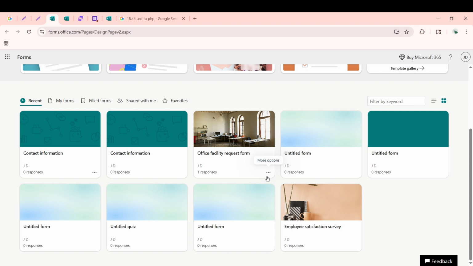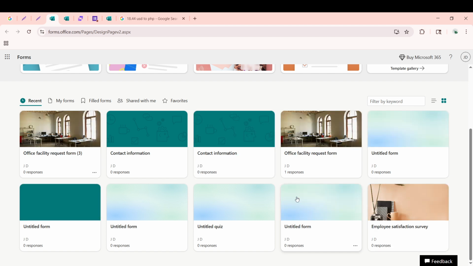A menu will appear, providing you with a list of actions you can take. From this menu, select the Copy option. What happens next is a pretty nifty feature. Microsoft Forms will instantly create a duplicate of your selected form. It's a perfect clone in terms of the questions, formatting, and settings, so you don't have to waste time setting